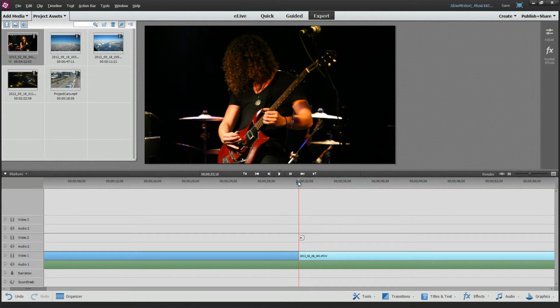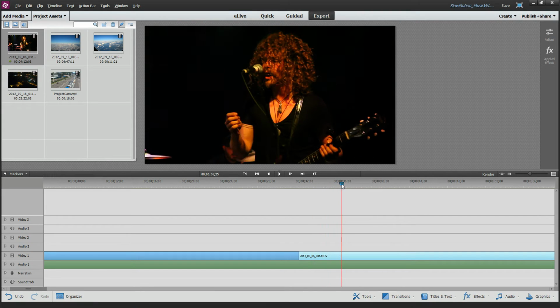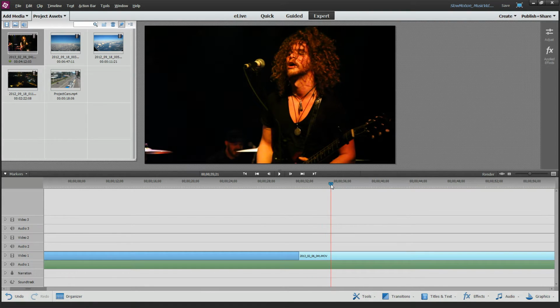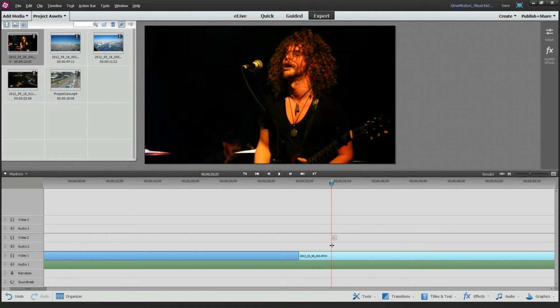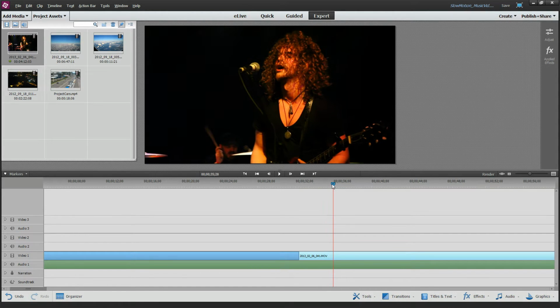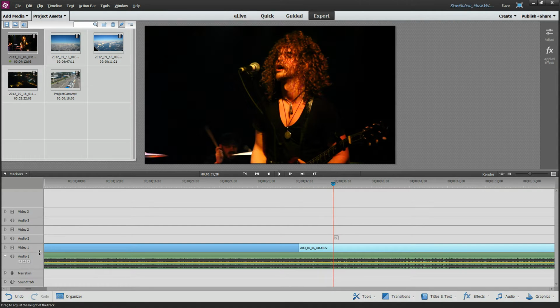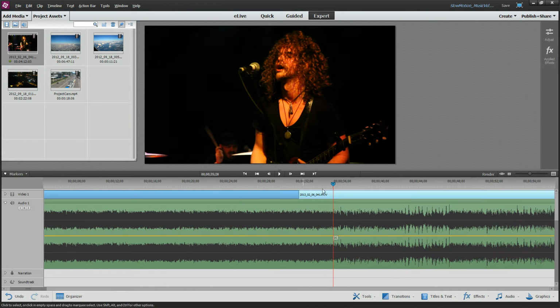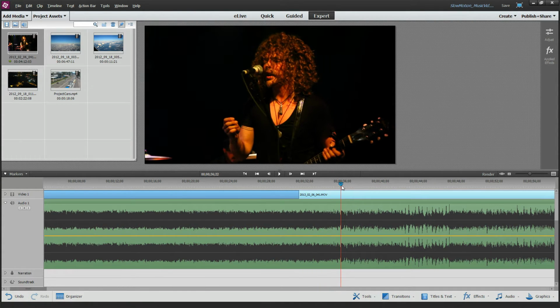Select it and then clip it, and then when he gets back into the part where he sings, let's clip it there. Now it might be hard to see where he starts to sing even though his mouth is open. You can kind of hear it. If you expand your audio track and grab this little slider on the far left and really make it big, you can actually see the waveforms in here. Now we can see exactly where he's singing by that little peak in the audio waveform.